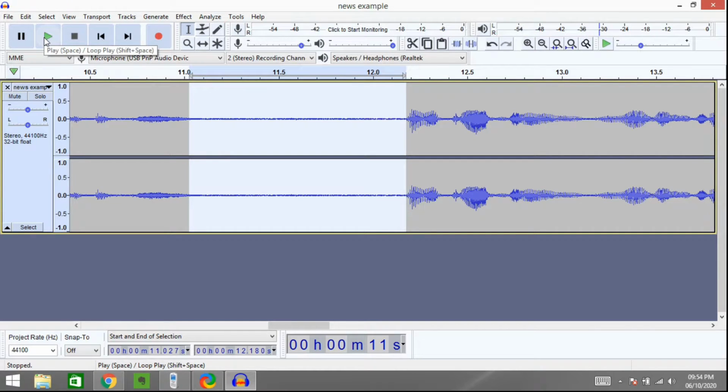It's like a light hum or a light disturbance. So we want to get rid of this. Okay, now what we want to do is get rid of this not just from this section but from the entire audio recording. But first, we need to go into Effect,